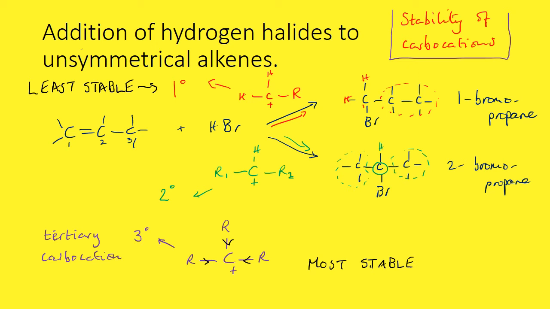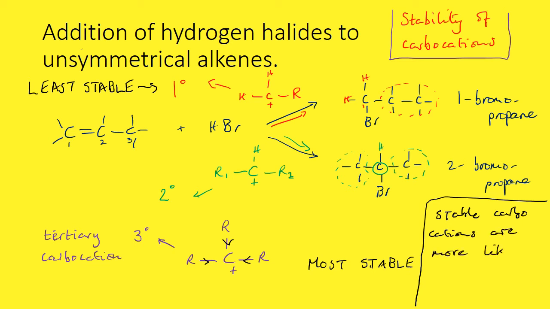And let's draw an important statement in this box at the bottom down here: if a carbocation is more stable, it is more likely to be formed. All right, so stable carbocations are more likely to form,